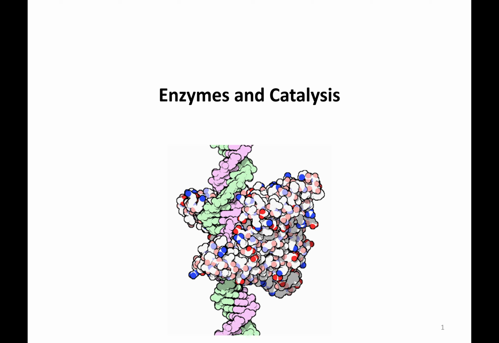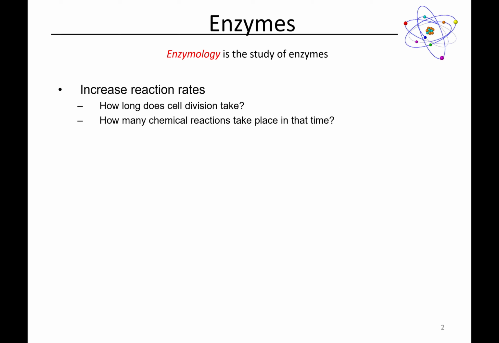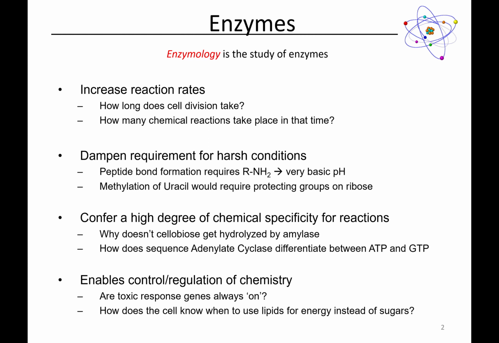So we moved into thinking about enzymes and how enzymes can serve as catalysts. And we talked about that there are really four main roles of enzymes, right? And the first one is that they are catalysts. And catalysts, by definition, speed up chemical reactions. And they do so by decreasing the activation energy, right? So hopefully everybody remembers that,